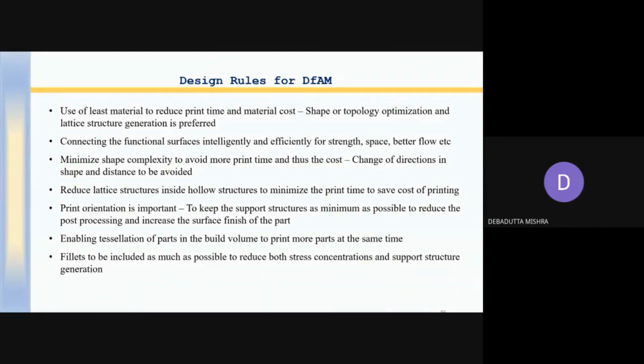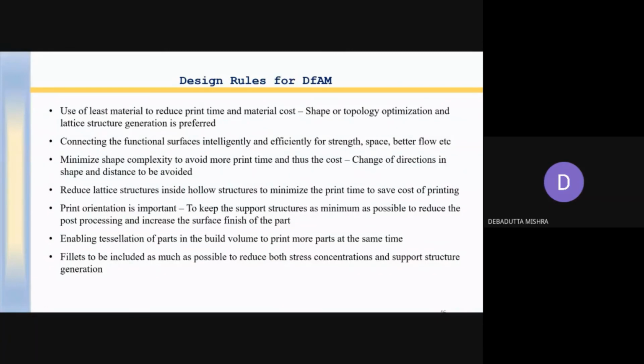Connect the functional surfaces intelligently and efficiently for strength, space and better flow. This is also derived from topological optimization. Minimize shape complexity to avoid more print time and thus cost. Reduce the lattice structure inside hollow structures to minimize the print time. Obviously, when there is less material, the print time will be less.